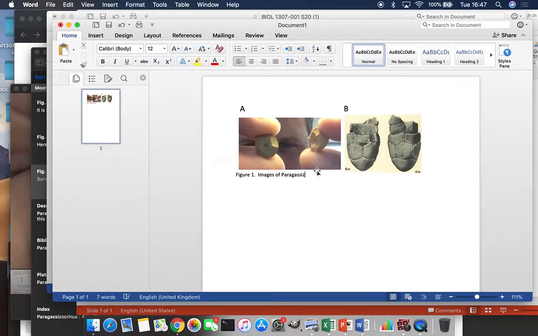So we're going to call this images of Paragasicocrinus terrai, something like that. Okay, and then we're going to have a description where we are going to describe what we're looking at. So this is going to be specimens,